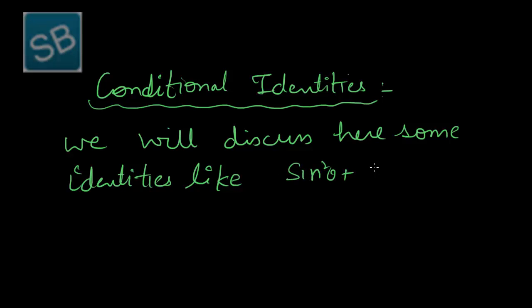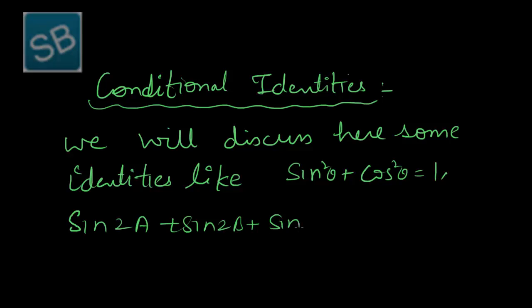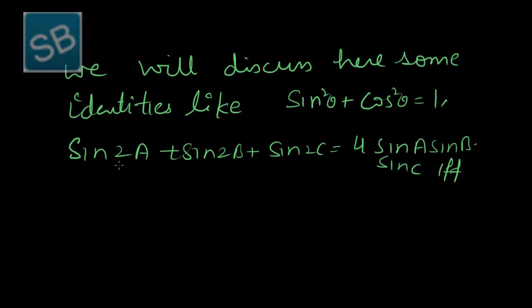sin square theta plus cos square theta is equal to 1, or sin 2a plus sin 2b plus sin 2c is equal to 4 sin a sin b sin c if and only if the sum of three angles is pi. So such type of identities